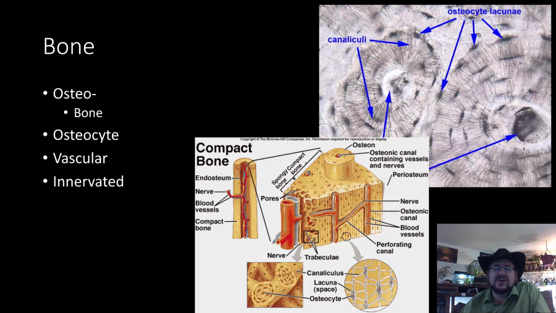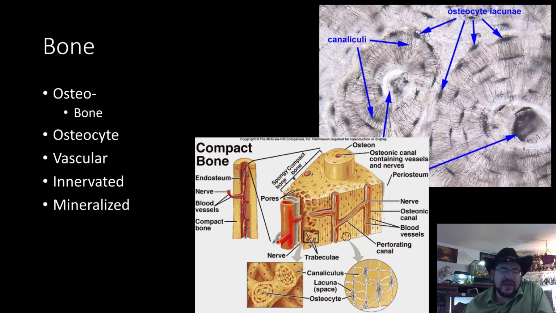In addition, bone is innervated. This means we have nerves. We can see right here, nerves in our image running through the bone. So we have both blood vessels and nerves, both of which are lacking in cartilage. Huge difference. Whereas cartilage's matrix is characterized in large part by collagen, with bone, the matrix is characterized